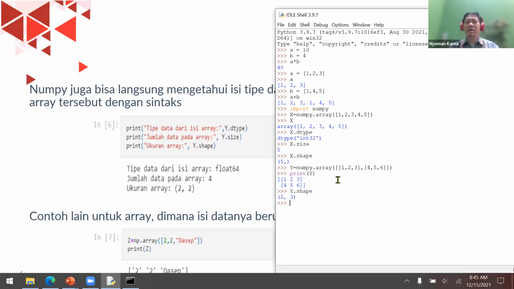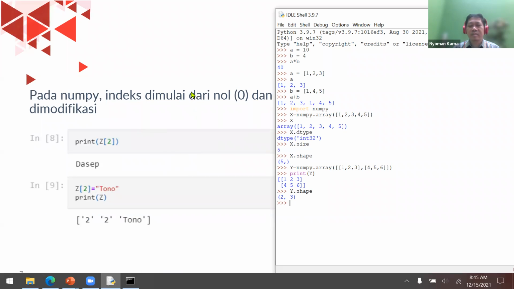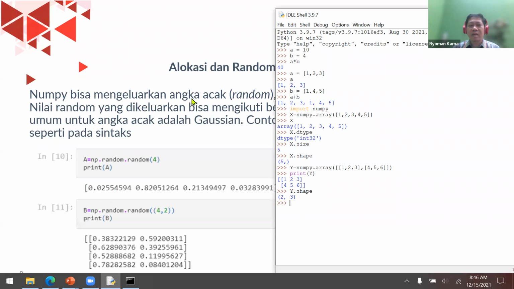It will give you 2 by 3: 2 rows and 3 columns. Okay. And for indexing, just like in a list, it starts from 0.